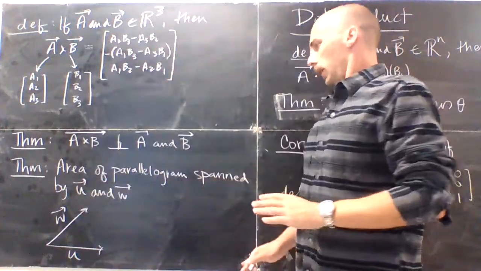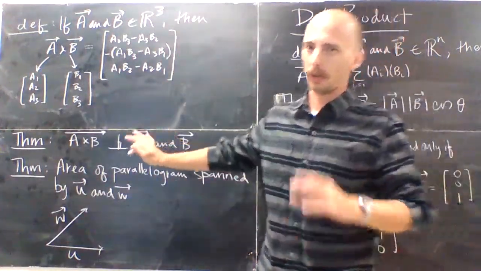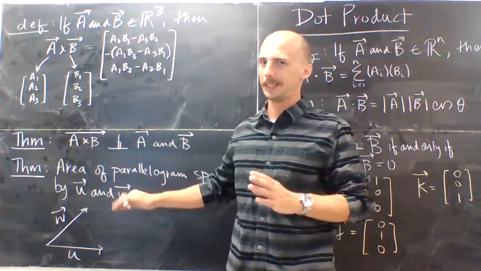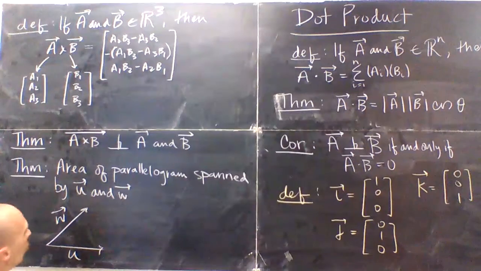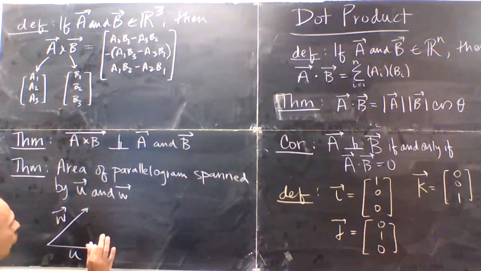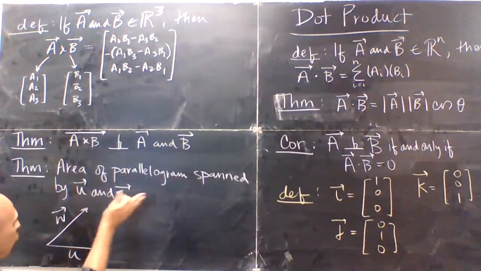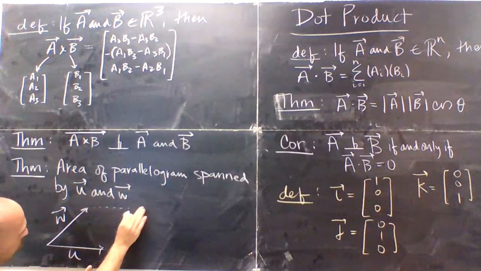Right? There's a parallelogram. I think for the most part we're going to talk about this in space, but I don't know. I haven't thought about this. I'm not going to guarantee that this goes for higher dimension. Okay, so what we're going to do is we are going to find the area of this parallelogram by crossing